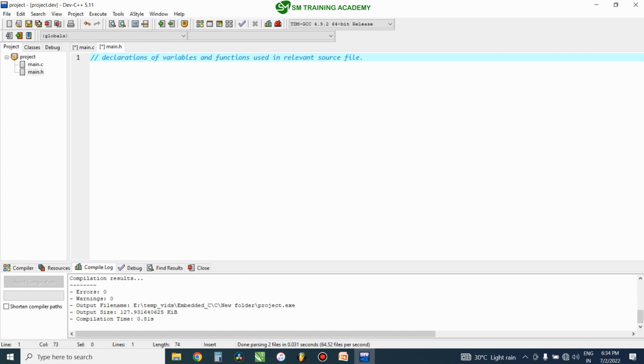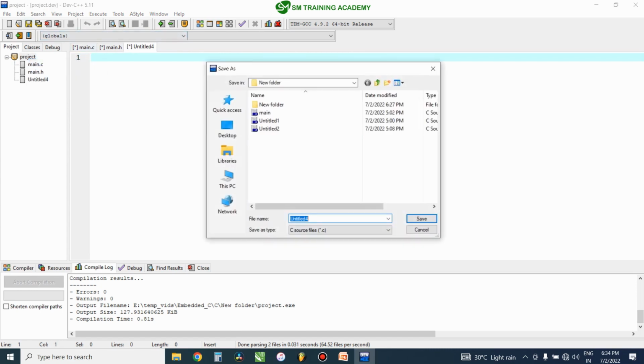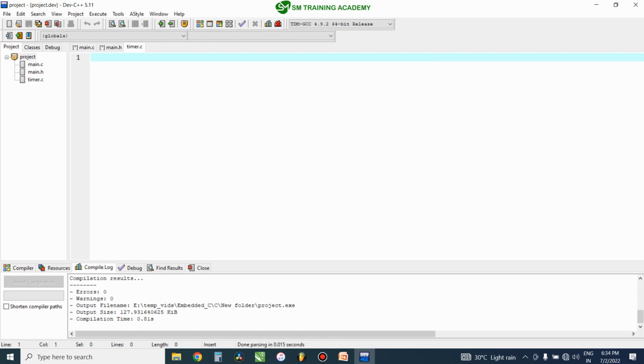And another purpose of this .h file is that you can use it for declaring the variables used in this main.c file to any other source file. That is, let me just add another source file and save it to be timer.c file. Okay, now you can see this project contains 3 files, that is main.c file, main.h file and timer.c